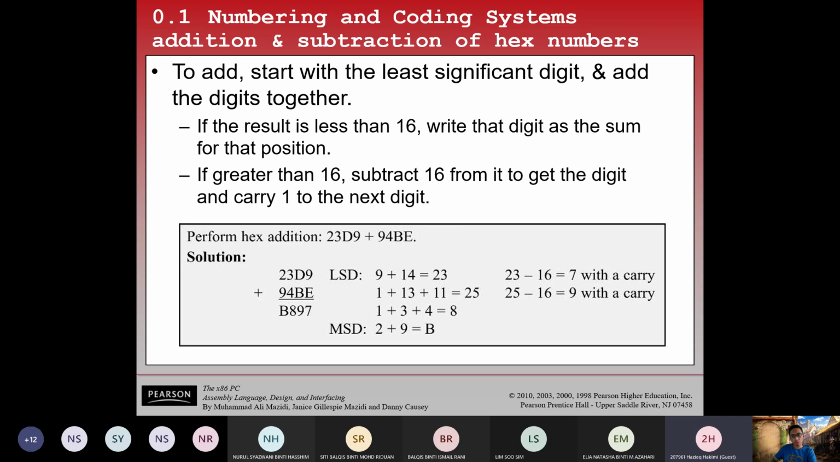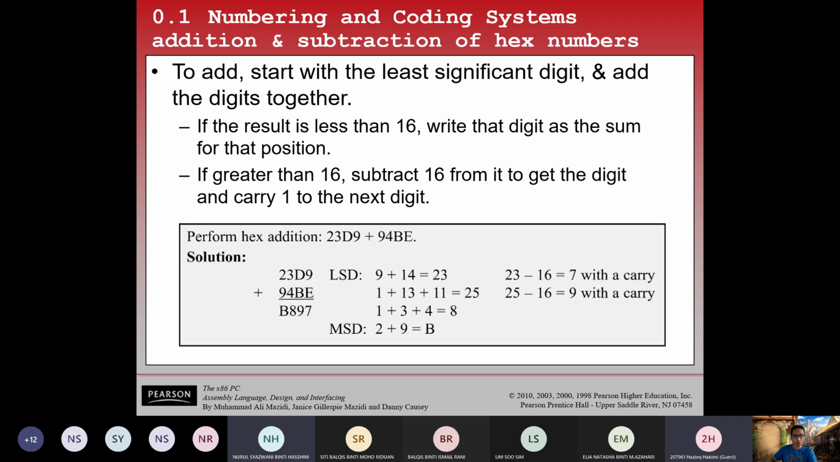Okay, any questions so far? Doctor, yes? So if we have the carry, we have to add 1 above the number. Yes. But you need to know that that 1 is in terms of hex. Okay. So meaning that if it is greater than 16, meaning that if the result is 16,